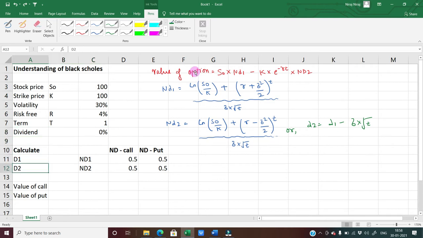Okay. So if I have to calculate D1, first we will calculate D1 here. Putting brackets is very important because the entire sum can go wrong if even one bracket gets missed. So we will put a bracket. In that we'll write ln, again open bracket. What is my S0? I am linking every number. Okay, S0 is C3 divided by K, close bracket,